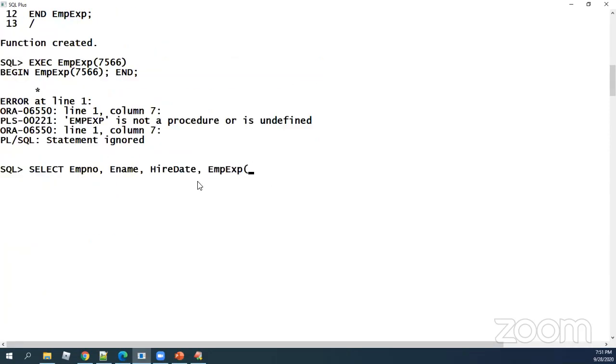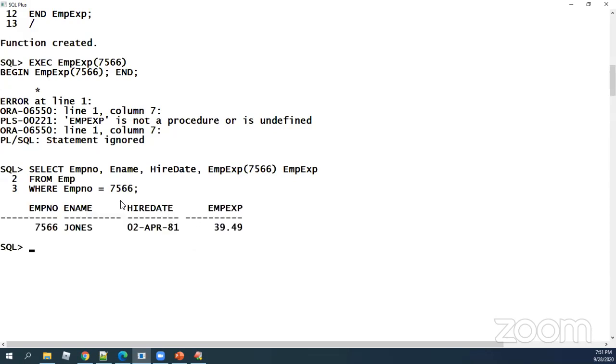And then I'm giving 7566, and I'm saying employee experience from EMP where employee number is equal to 7566. I'm just querying for only one employee, calling upon my particular function. Is not my SQL using my function as a single row function directly?